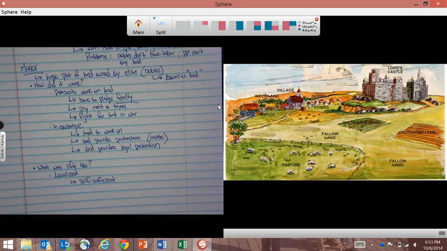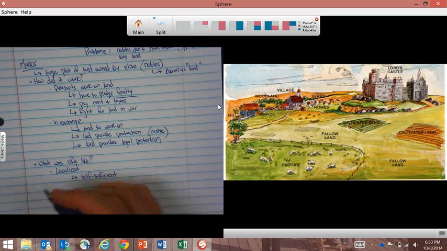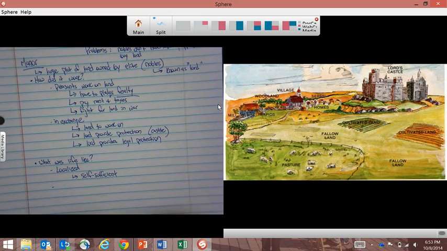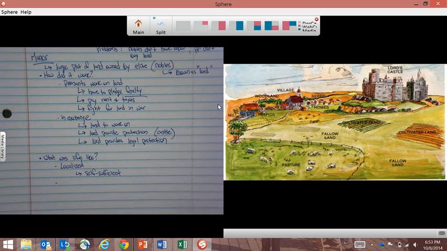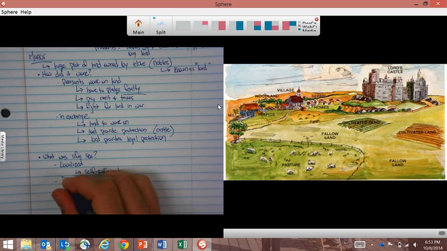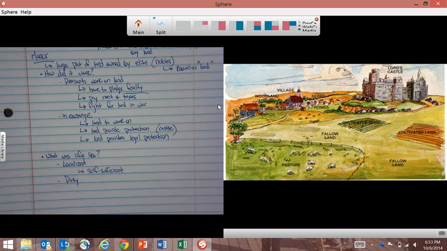They needed to survive. In addition to all this, life in the Middle Ages in Europe was dirty. It was a dirty life. So I want to show you guys a picture